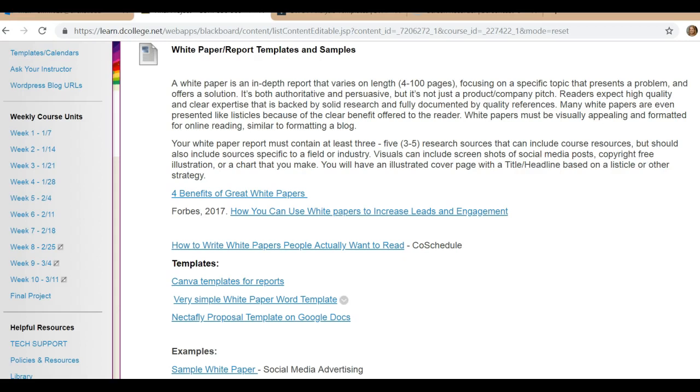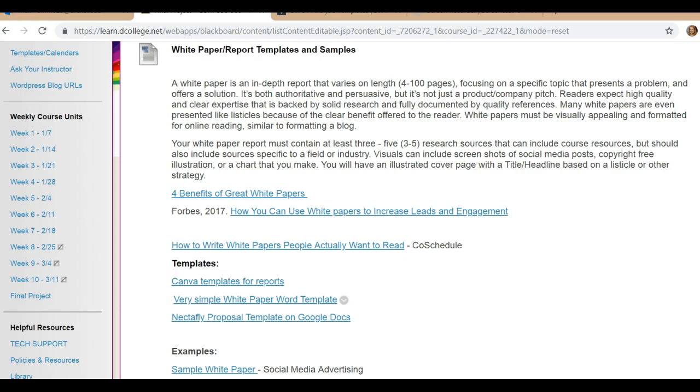It's persuasive. It's not as chatty and friendly as a blog post, but it really is kind of similar. And you see a lot of white papers now that use listicles, and you could certainly do something like that. The idea here is that you're going to research some best practice or a trend and write a white paper about it, like 4 to 6 pages.